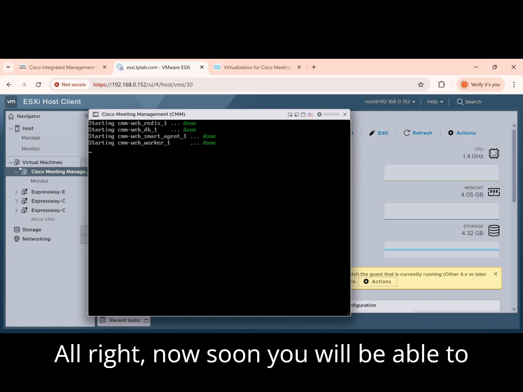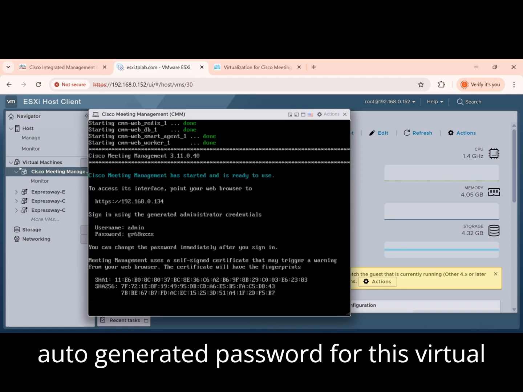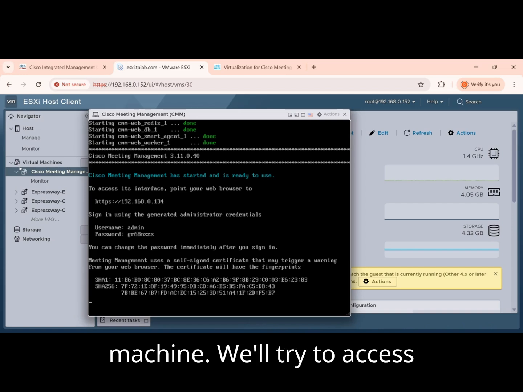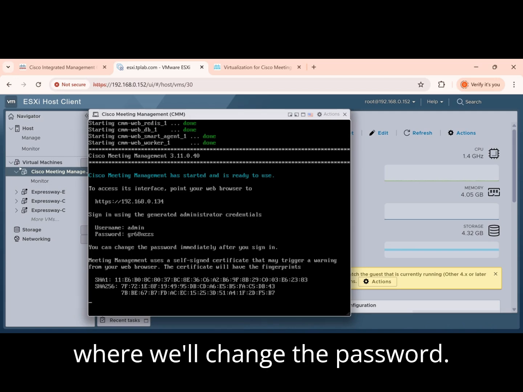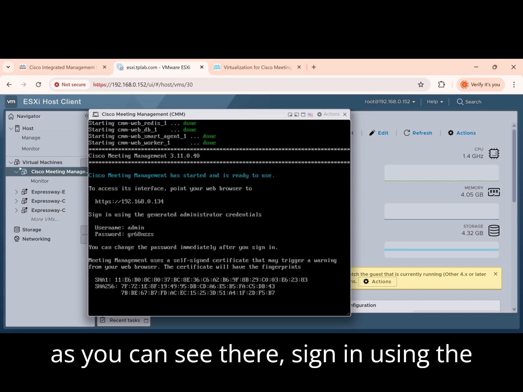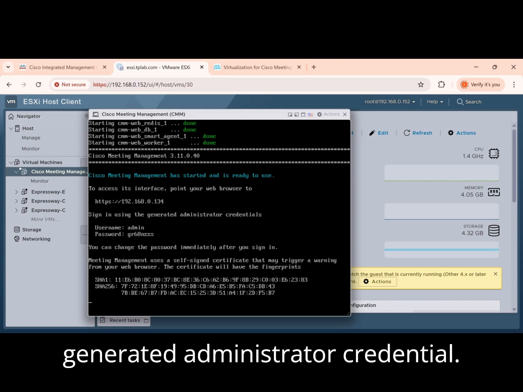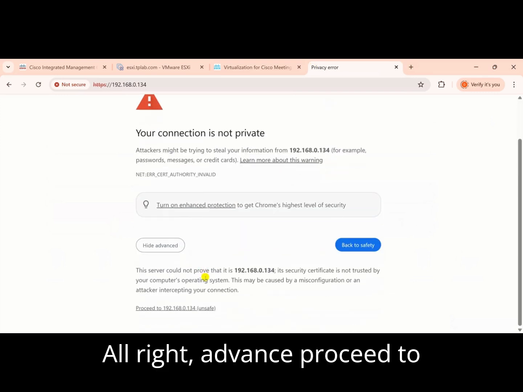All right, now soon you will be able to see the IP address and the auto-generated password for this virtual machine. We'll try to access this virtual machine via web interface where we'll change the password. All right, as you can see there, sign in using the generated administrator credential. Let me access that IP address. All right, advanced, proceed to it,